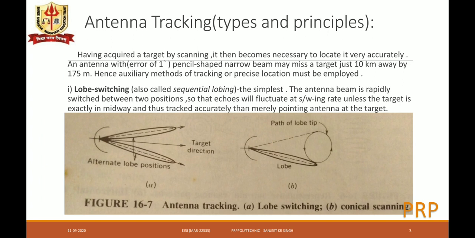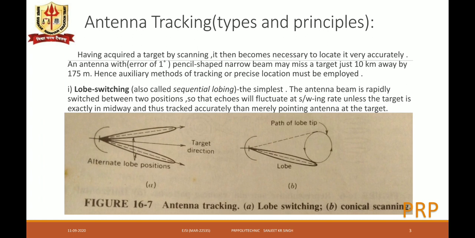In this method, the antenna beam is rapidly switched between 2 positions, position A and position B. In the first diagram we see the lobe switching. The pencil shaped beam is radiating from the antenna feed point or from the reflector with 2 positions, position A and B. So it is switching between 2 positions,